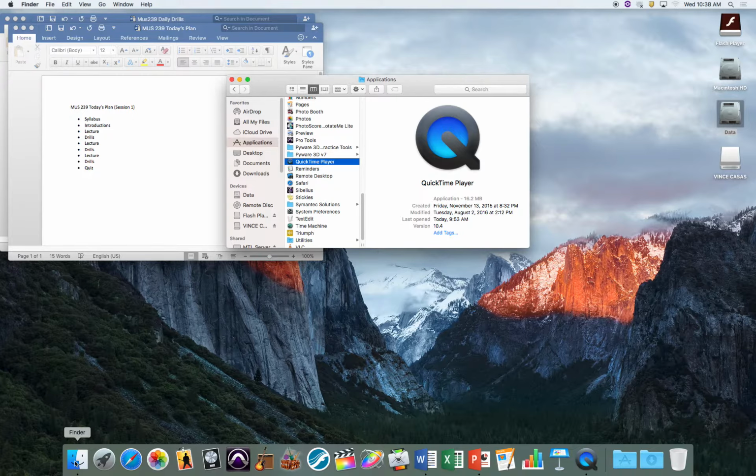Command and the letter N in almost all applications on a Mac means new something. If you're in Photoshop, it means new project. If you're in Dreamweaver, it means new palette. If you're in Pro Tools, essentially it means new session. If you're in the Finder, and this is what most people, because when you open up this application, it